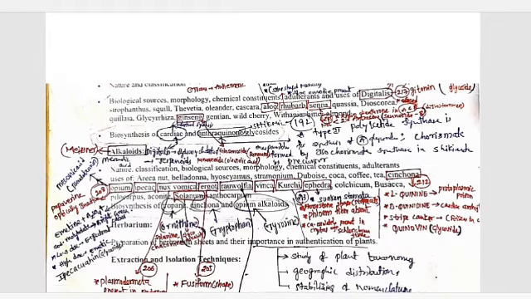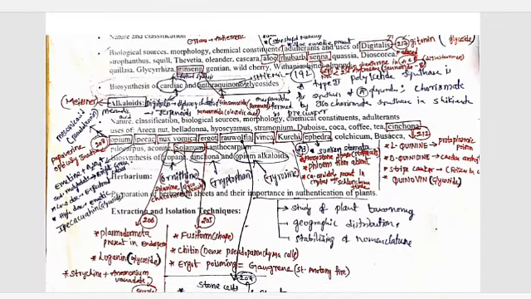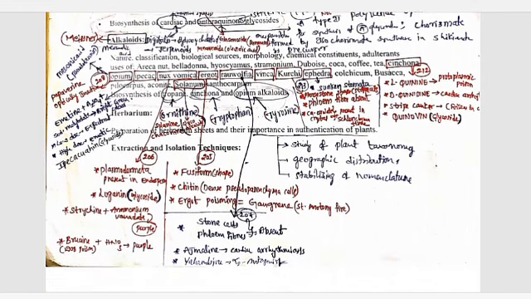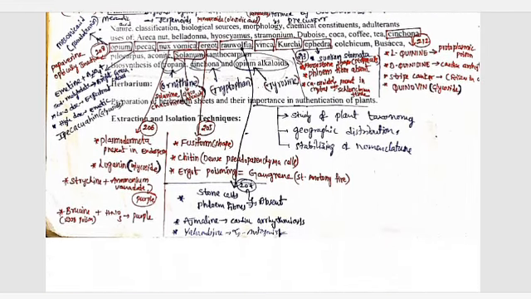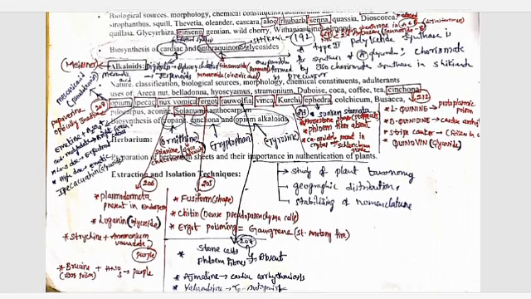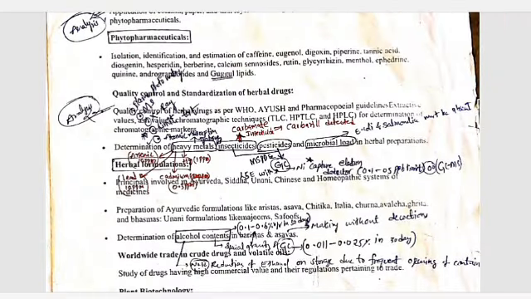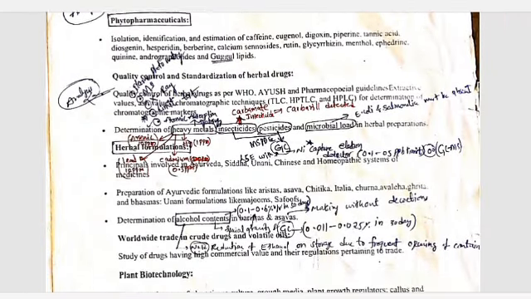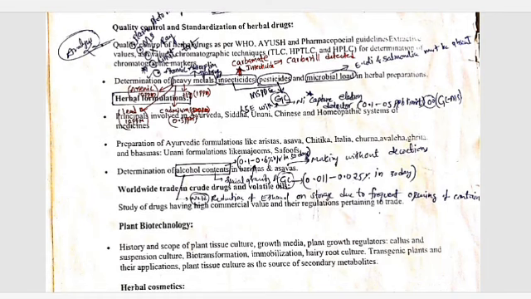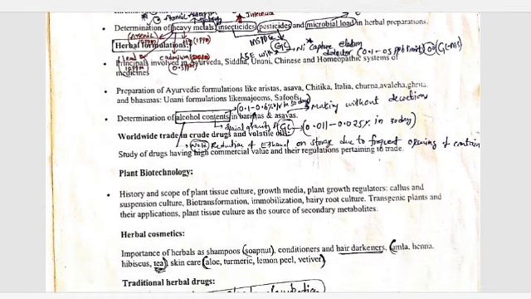If you see here, let me take another example. Nux vomica is an alkaloid, everyone knows, but in Nux vomica there is a glycoside present, that is loganin, which they will focus on in the GPAT. These are some of the points I referred from various references. I took a lot of time. If you see individual drugs and their importance, everything I referred.